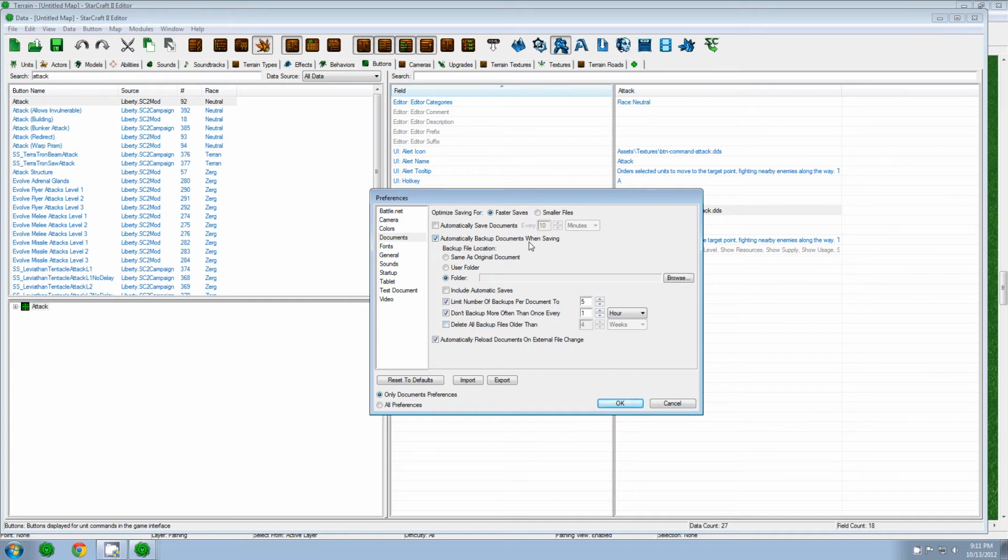You know what I forgot to mention here, this automatically backup documents when saving is this one here. How it differs from this one is that it's only going to do this backup when you manually save. Well, when you manually save, or if you have this one enabled, it will save a backup copy. So this one doesn't save a backup copy, it just overwrites your